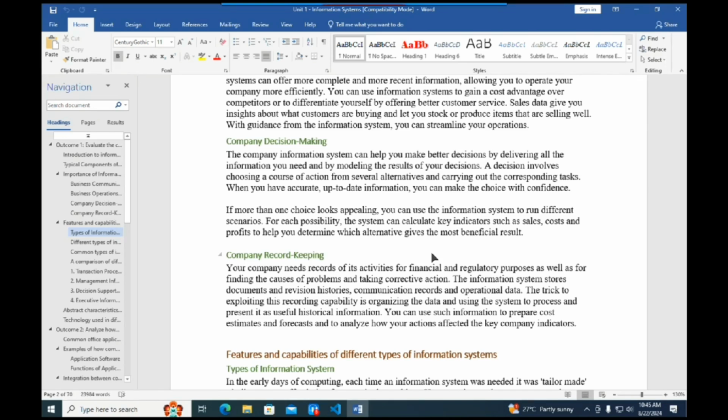So the information you have basically is what helps you to make a decision. You are able to decide specifically what decision to take based on the information that you have. So it's very important. If you have more than one choice that actually looks more appealing, then you are going to have to use your information system to run some scenarios. Then you look at the indicators in terms of sales, costs, profits, etc. to help you settle down